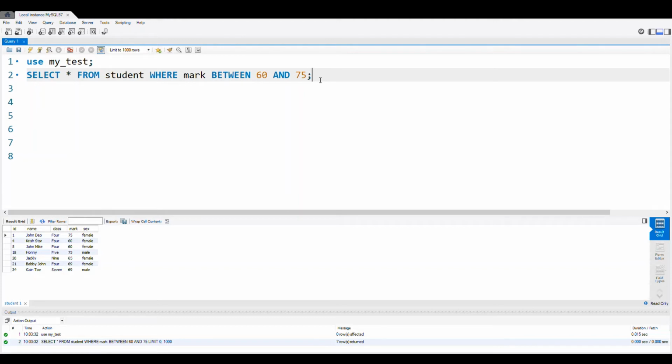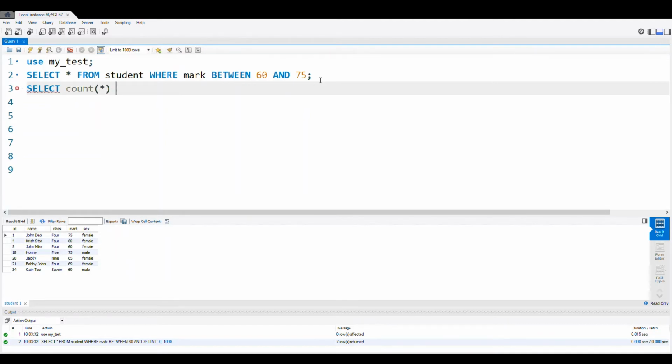We may ask how many records are available within this range. For that we can use our count command. Select count. I am counting all the records from student where mark between 60 and 75.